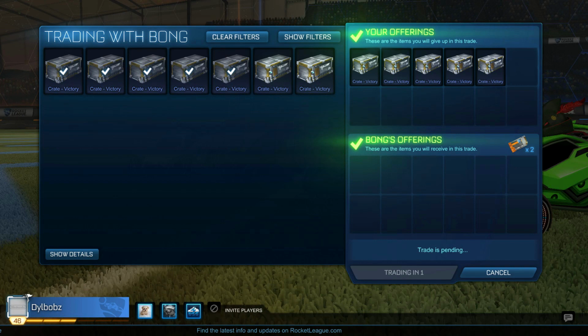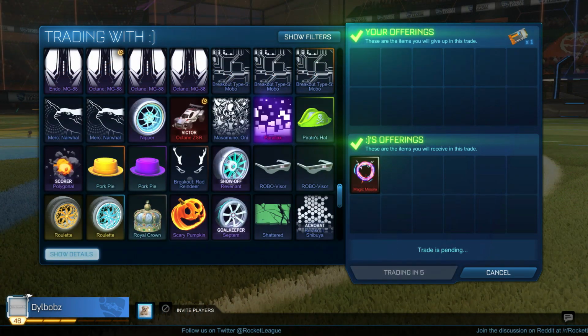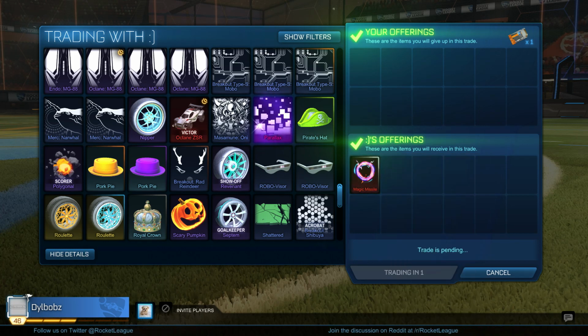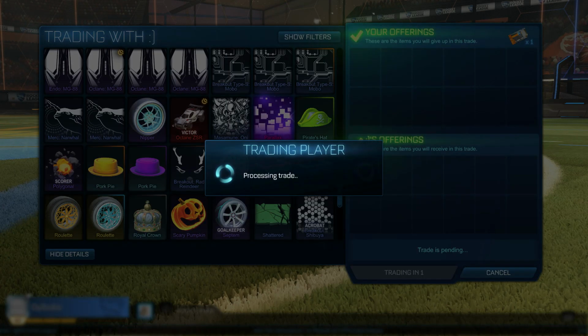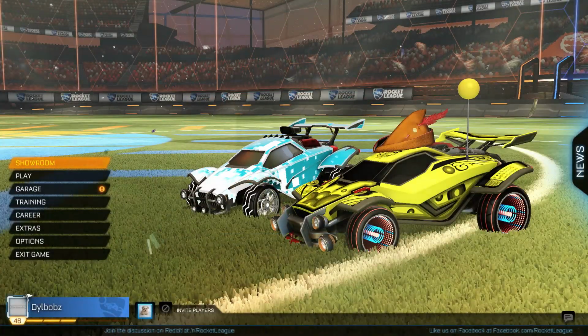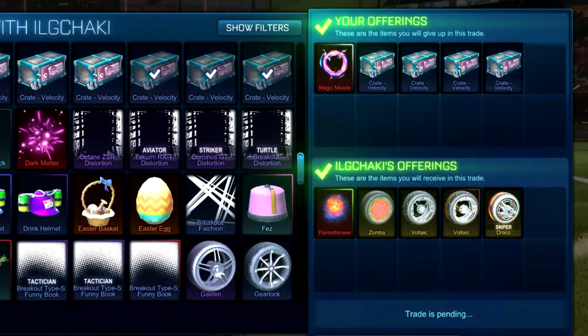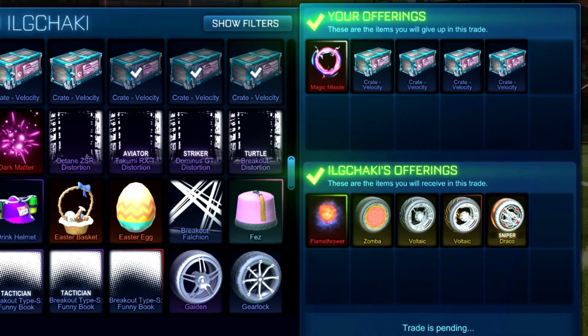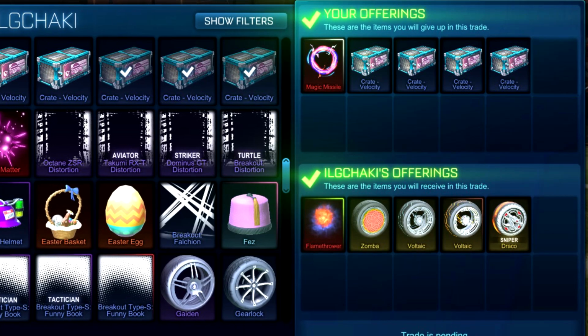So I turned a 1 key item into a 2 key item pretty easily just by trading crates, because to be honest, quite a few people say I'd rather have keys, I can't really use anything with these crates, so I'm going to give them away, and you get quite a good profit for them. So at the moment we have 2 keys from our things, and I traded 1 key for titanium white magic missile. Titanium white magic missile goes for about 3 to 4 keys, so I turned 1 key into about 3 basically. And then here you can see I got rid of the velocity crates as well, thank God,